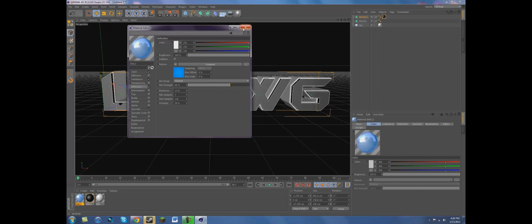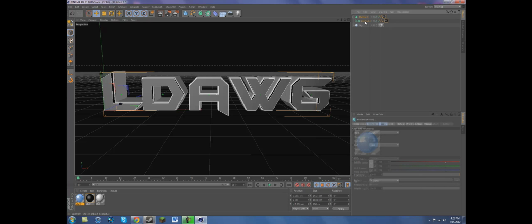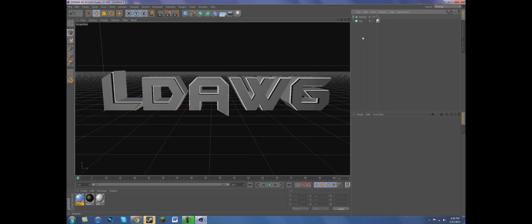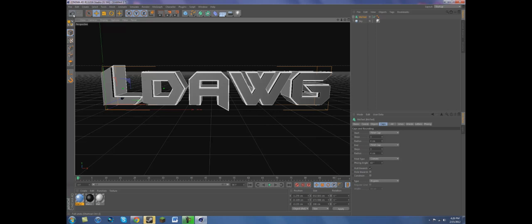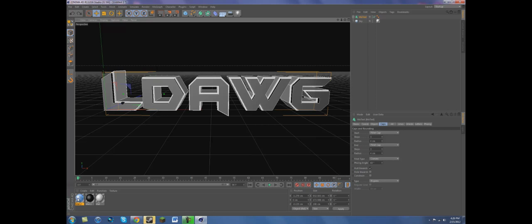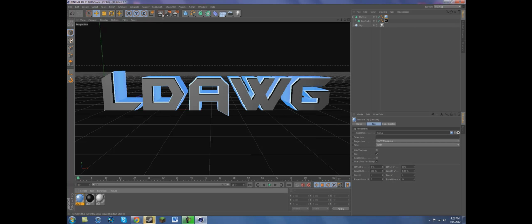Okay, so you've created your material. But before you do this, click and drag MoText 1, and then drag it on top of MoText, the original text you made. And so now they're as one, so you can move them both at the same time without any trouble. So drag material 1 on MoText, the original one you made, and now if you render that out,